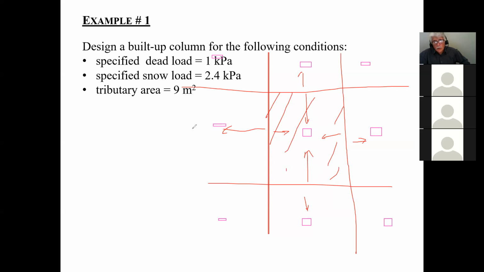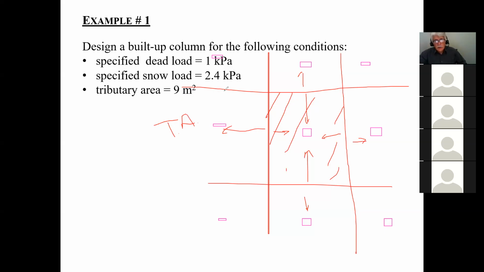This becomes your tributary area for that column. And you do that for all the columns. In other words, always take where it is halfway to the next supporting element. It could be another column, it could be a wall, whatever you care. Halfway between that and the next supporting element, halfway. As long as you go halfway, halfway, halfway, you will be able to determine it. So for example, if there